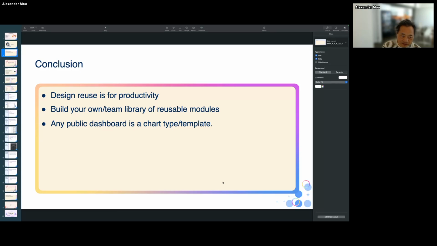And I will also show you that any public dashboard, any dashboard you can find, could be a chart type, a template for you to use in your design.